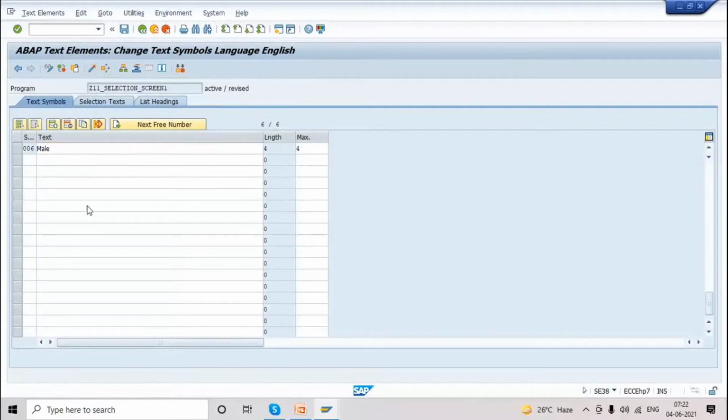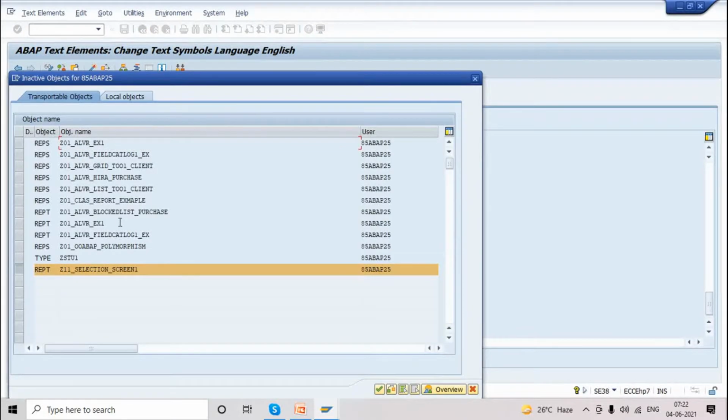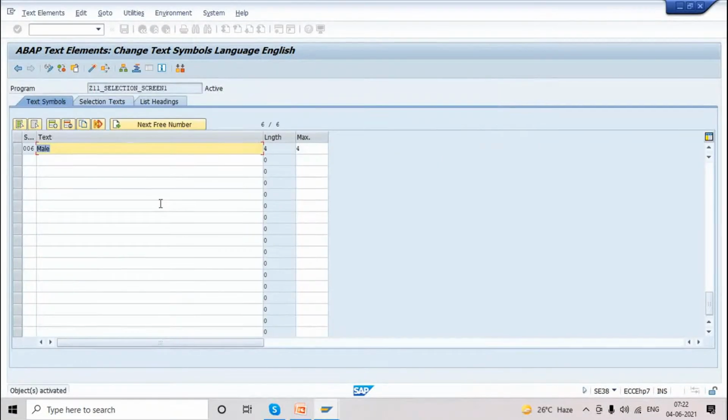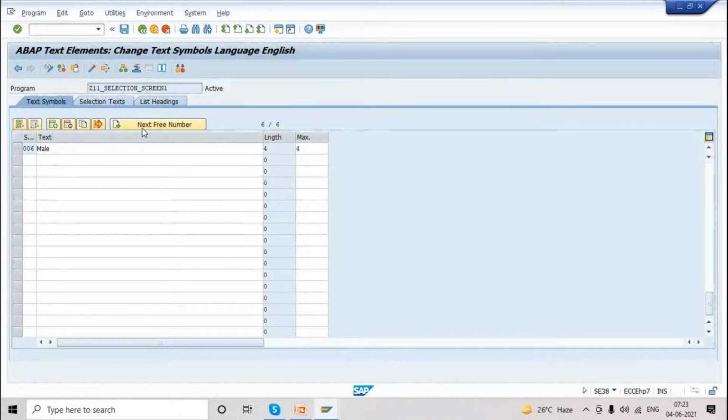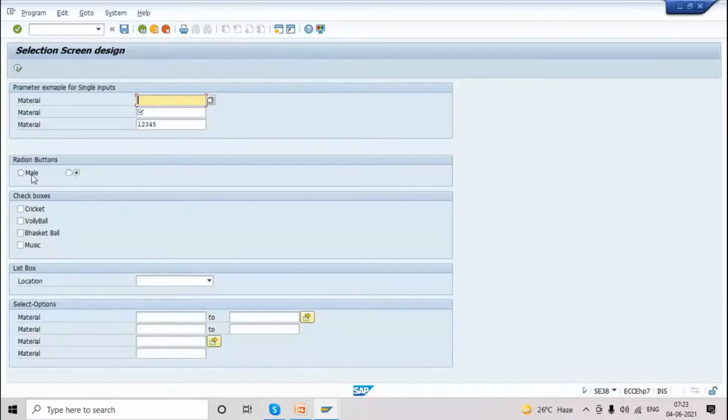Activate this object. Go back to our code. Activate. Here I'm just executing. I can see the male is coming. Understood, guys? How it is working?